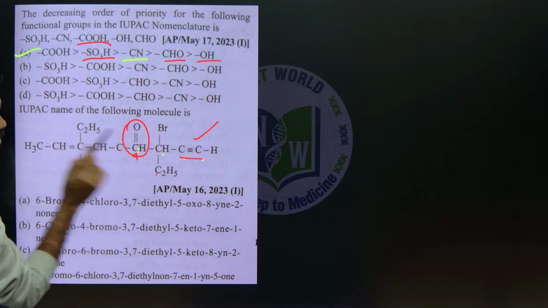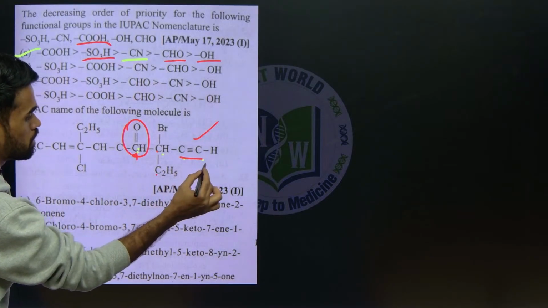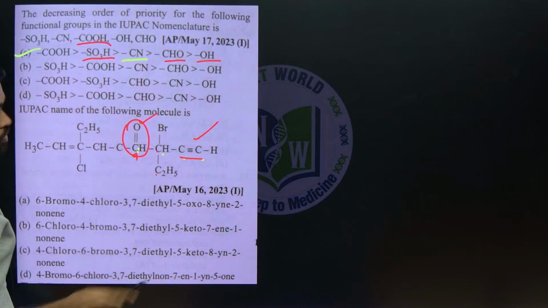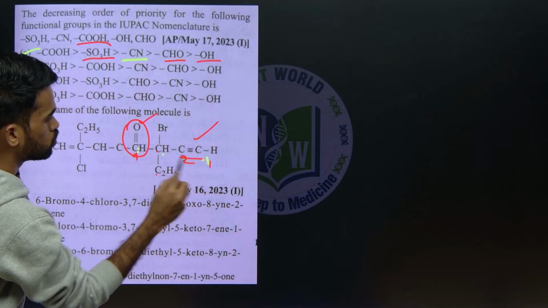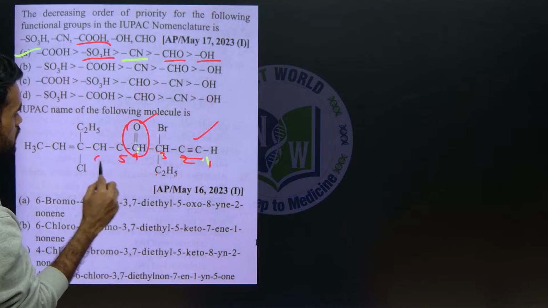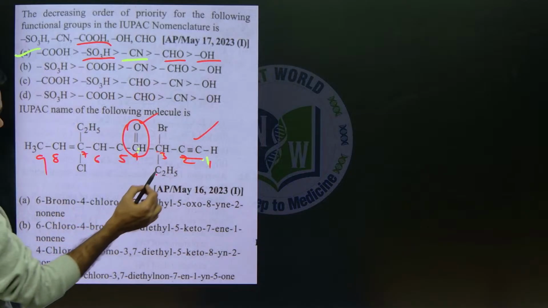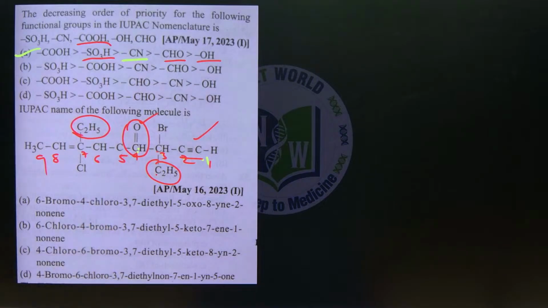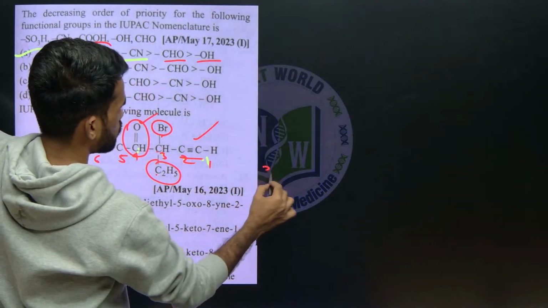From here it will be giving a bigger number for our keto. So choose the lowest number. Choose a side which gives lowest number to our principal functional group. So this is the side it is giving lowest number. So 1, 2, 3, 4, 5, 6, 7, 8, 9. Okay, like this you can write the numbers. After this, you can see at 3 position, at 7th position we have ethyl groups, and at 3rd position we have bromo. So you can simply say 3 bromo,